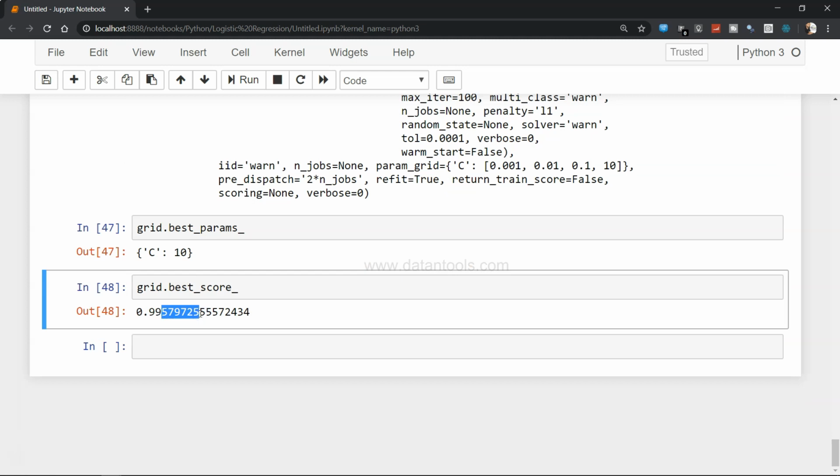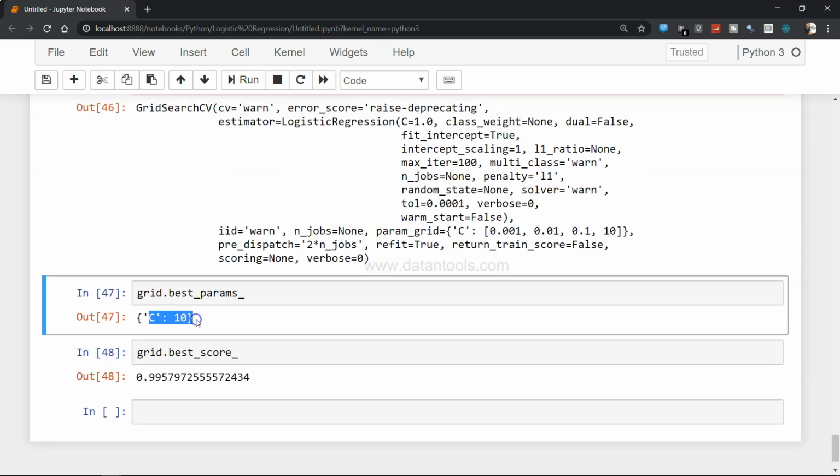So some more 0.05% further improvement using the grid search with C equals 10. Now it's up to us whether we want to use it or not. Ideally I would not use it because this is even below a marginal improvement, but sometimes if it provides a huge improvement, you may want to use it.